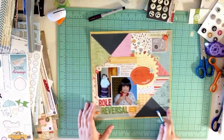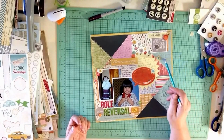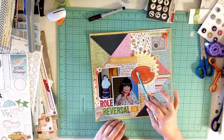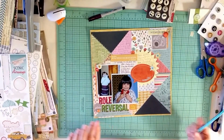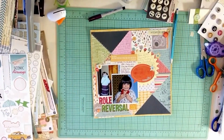Okay, so I did a lot of journaling, and I don't think I want to mess up this sticker here with doing a Sharpie and then having it smudged. So I think I'm going to write 1977 in here. Hold on, I'll be right back. I am back. So I just need some big letter stickers, and I'm not technically getting out of my seat. I'm just rolling it over to where I have a bunch of stickers, and